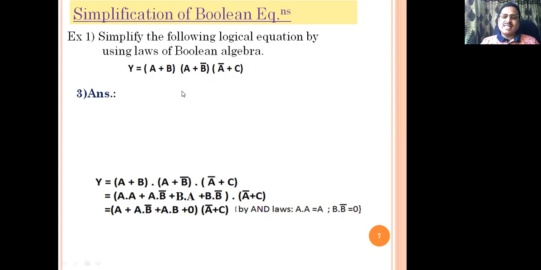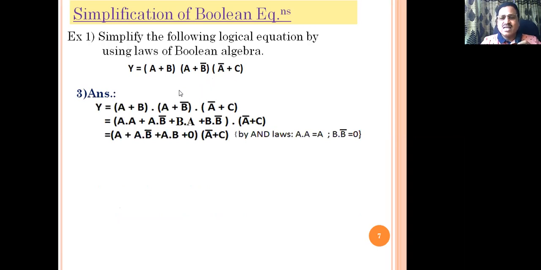We'll go one by one, step by step, by the laws of Boolean algebra as well as, if required, De Morgan's theorems. Here, by laws of algebra, you can have here A or B, second bracket, A or B bar, and third bracket, A bar or C. By using distributive law between the first two terms, A and A, or sign there, then A and B bar, then remaining variable B ending with A, then or B and B bar. Third term remains as it is there in bracket of A bar or C. In between dot means it is an AND operation, right? This is by distributive law.